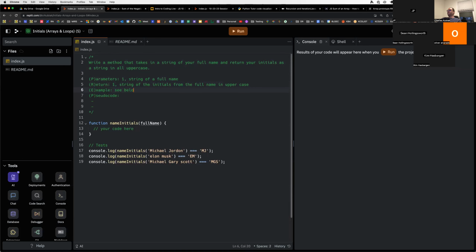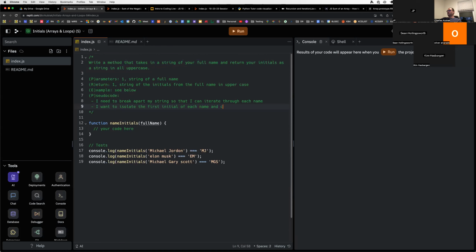Okay, see below. So once again, I know I need to break apart my string so that I can iterate through each name. Right? I want to isolate the first initial of each word or each name,